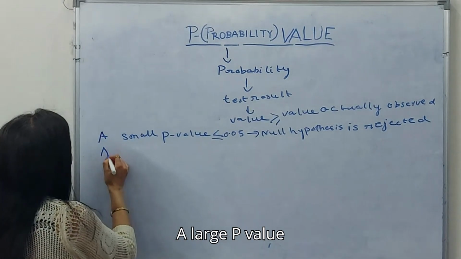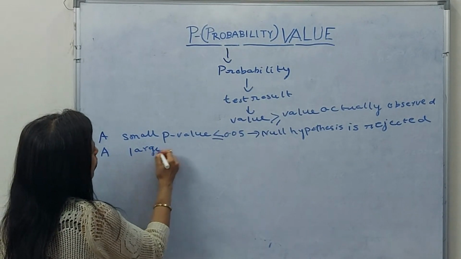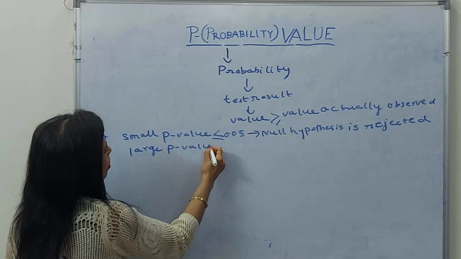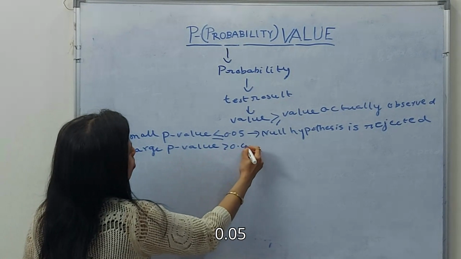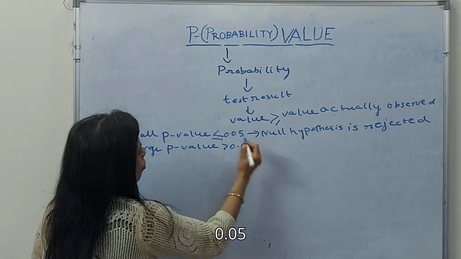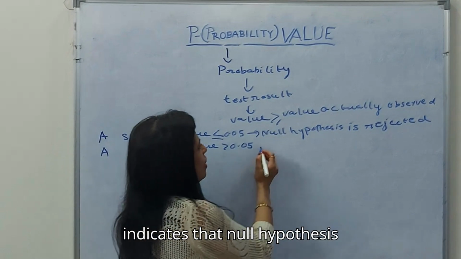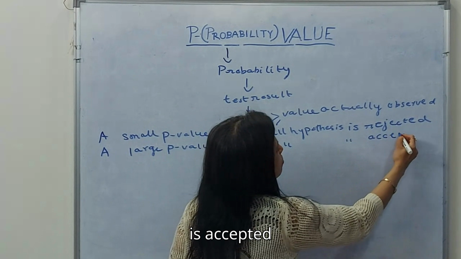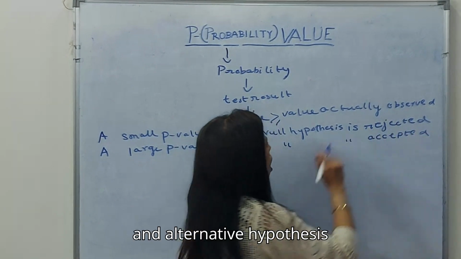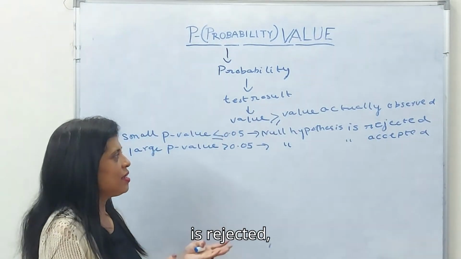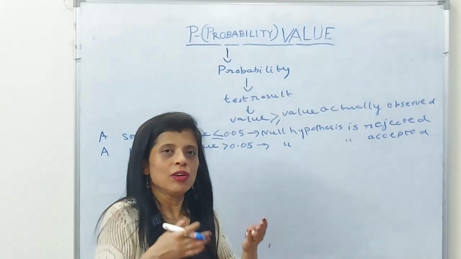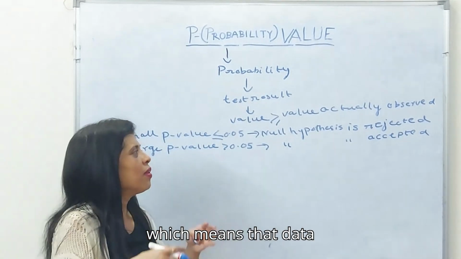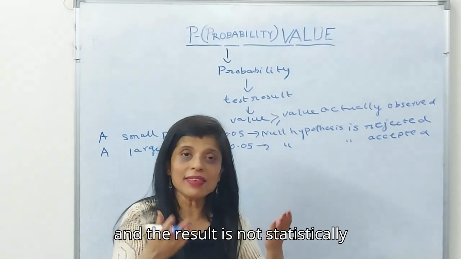A large p-value, greater than 0.05, indicates that the null hypothesis is accepted and the alternative hypothesis is rejected, which means that the data and the result are